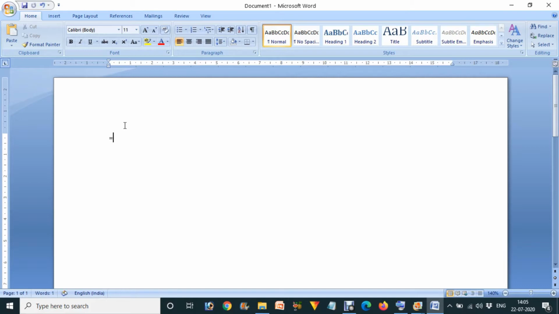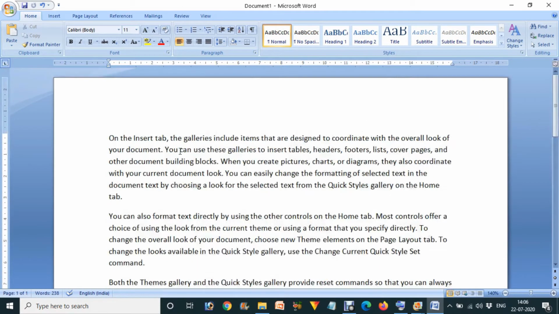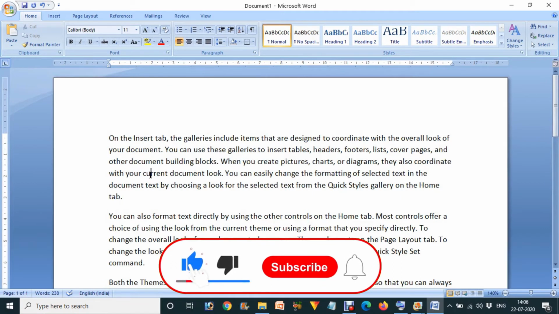Then what we have to do is press equal to, and then type rand. After that we start brackets, and now we type how many paragraphs we need. If we need 3 paragraphs, we type 3, then use a comma, and after that we tell how many lines should be in each paragraph. If we need 4, we type 4. Now we close the bracket and press enter. As you can see, paragraphs are in front of you. This is a random paragraph from anywhere.